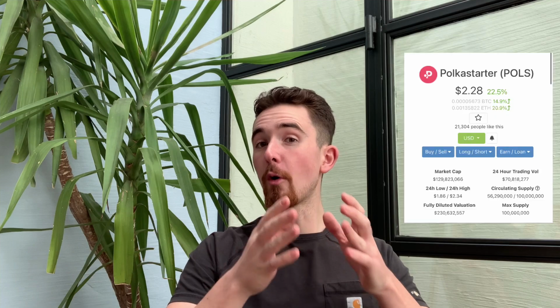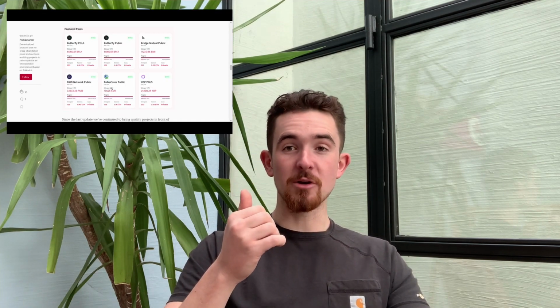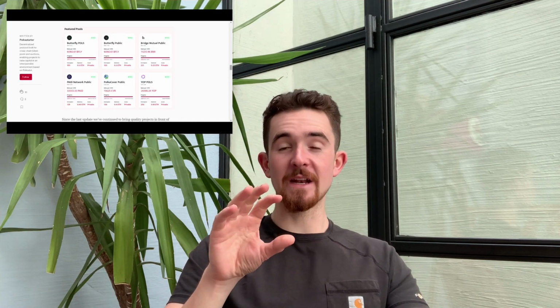Today we're going to break down how you can get in early on Polkastarter projects. Polkastarter, or ticker symbol POLS, P-O-L-S, is built in the Polkadot ecosystem, hence the name Polkastarter. It's basically a launch pad for different blockchain projects to come onto and get some capital flowing, and we've seen massive success with this. As you'll see here in a minute, we're going to jump into my screen and actually show